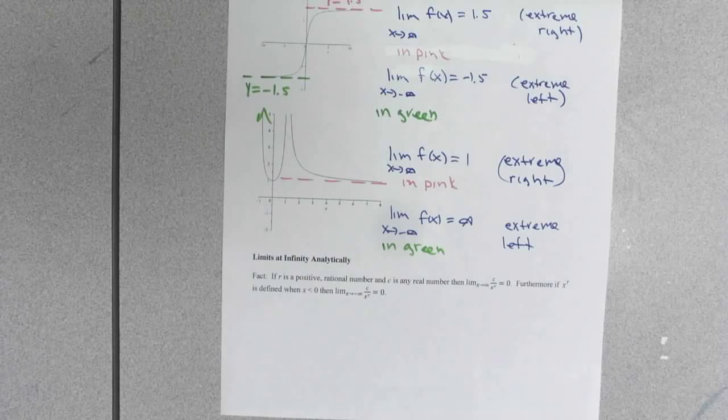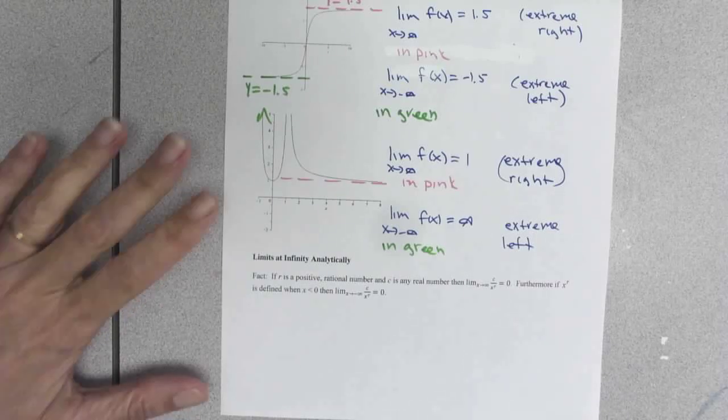So the second sentence, about furthermore, if x to the r is defined when x is less than 0, blah, blah, blah, is trying to cover our mathematical rear ends about imaginary numbers. Remember, we're never, ever, ever going to use imaginary numbers in this class. So if x is approaching negative infinity, x is negative, there's potential for imaginary numbers. We aren't doing imaginary numbers. All that being said, what this means